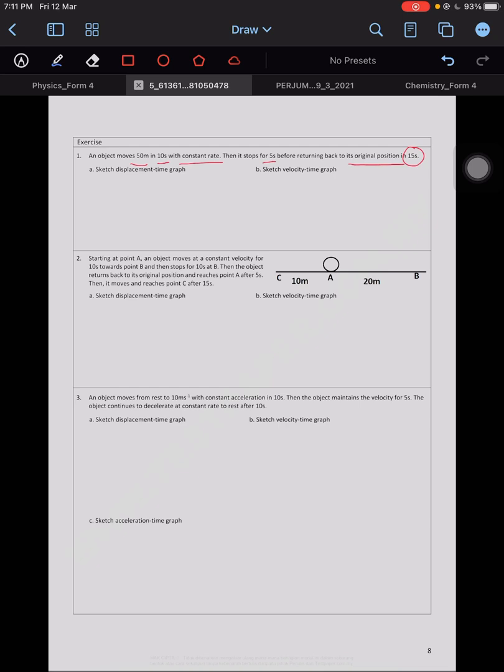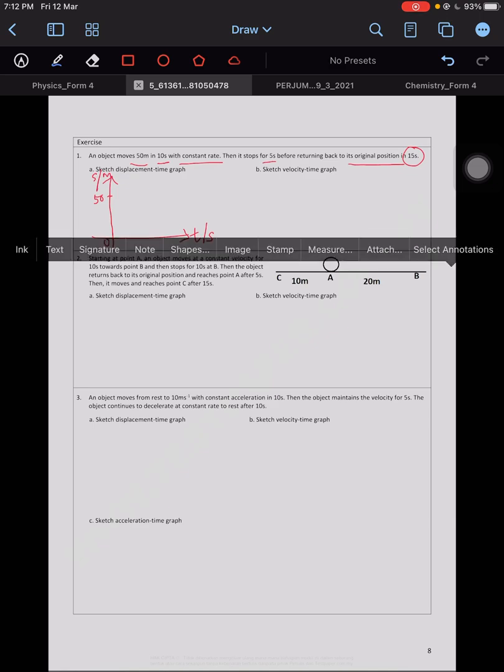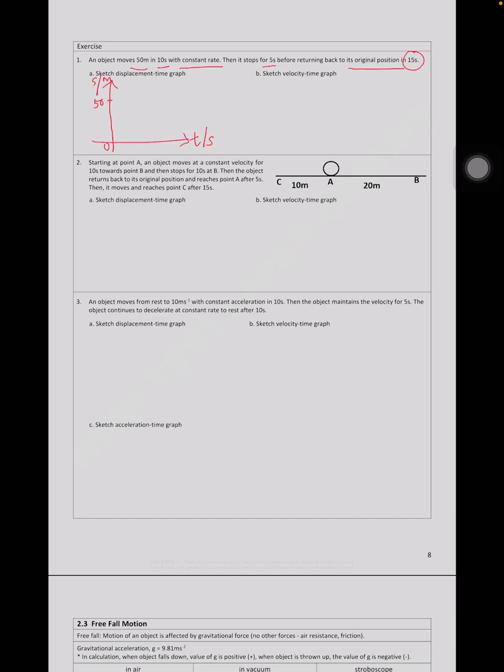So the first thing you draw, sorry my drawing is not so good: time in seconds, origin, displacement in meters. This is the first thing. And then they mention 50 meters, so roughly this is 50, and then in 10 seconds. So you need to divide them into 5 seconds, 5 seconds and 5 seconds. So 5, 10,